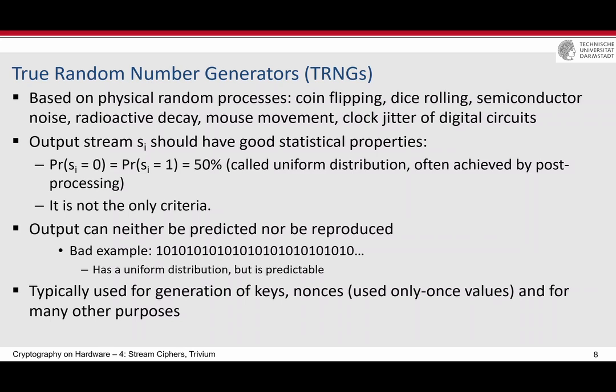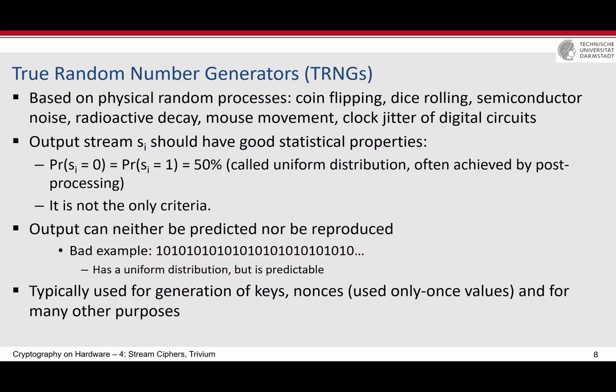NIST is the National Institute of Standards and Technology. There is a list of tests that you should apply to your PRNGs, TRNGs or random number generators to see whether the tests are passed, and then whether it is recommended to be used in applications or not. Of course, if you run these tests on this stream, it fails at least one of them,